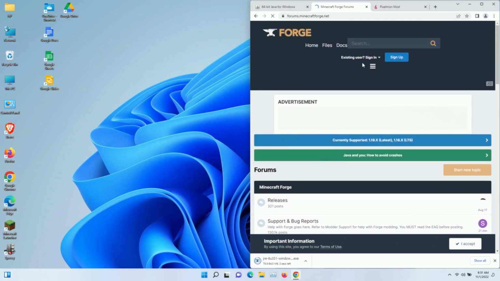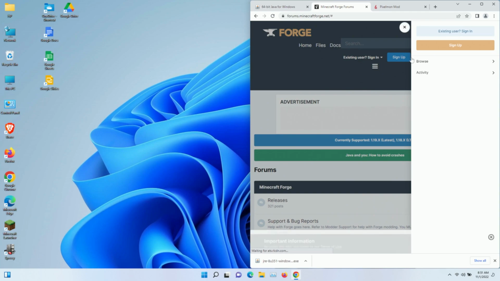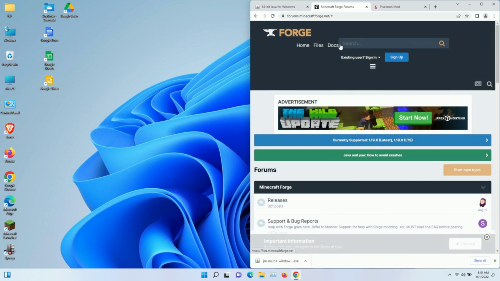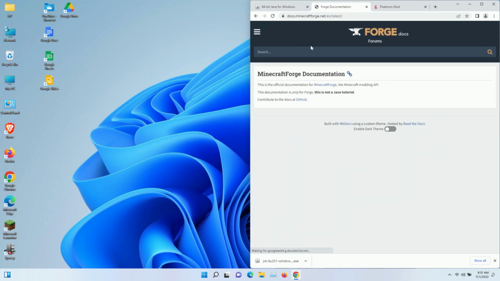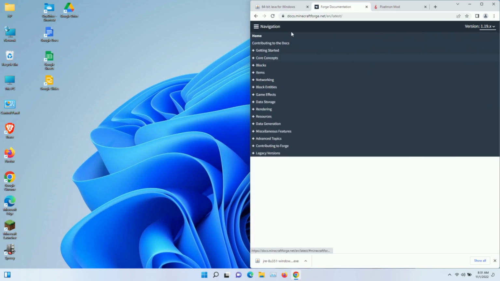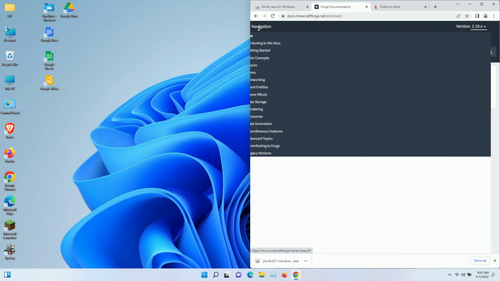Now, we can't get the latest version of Forge, because what we're actually going to need is an older version, because this was all built and designed on an older version of Minecraft, 1.16.5. So we'll start by going in and grabbing the one we need, and give me just a second. We need the